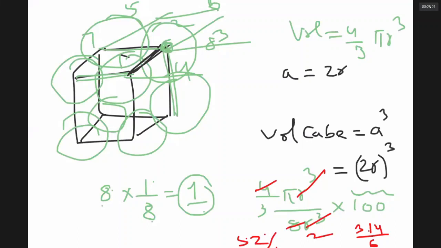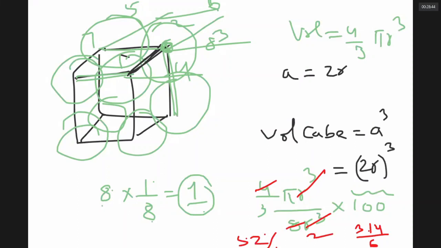How did I get it? Always think of a room. What is the efficiency in your home? Suppose you are all staying in one room. Efficiency in your room is the volume of all the individuals staying in the room. You take the volume of the room. Volume of the individuals divided by volume of the room will give you efficiency.